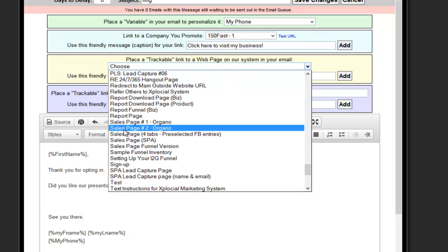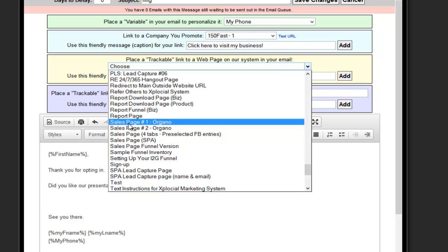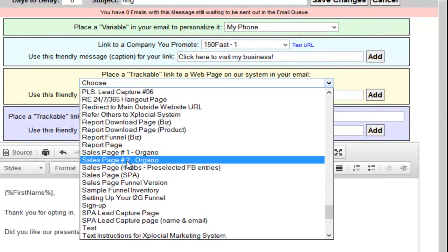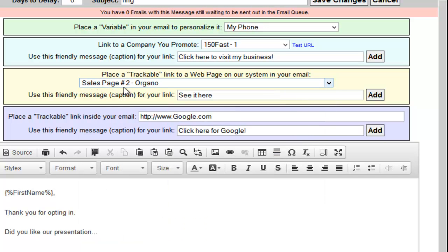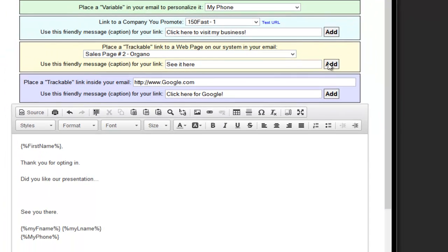Now I could bring them back to sales page 1, that's just as easy, so that's going to be a personal preference. I'm just going to go ahead and bring them back to sales page 2 because that has the get started options directly below that video. All right, so now that I have that showing here, I'm just going to click add,